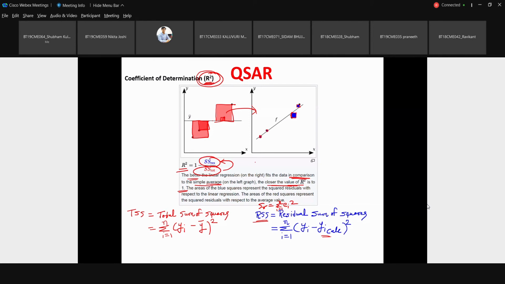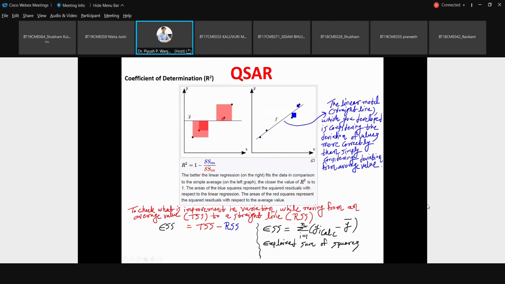Okay, any question here, any doubt? So then what is this 1 minus RSS by TSS? Why is the formula coming like this? I said